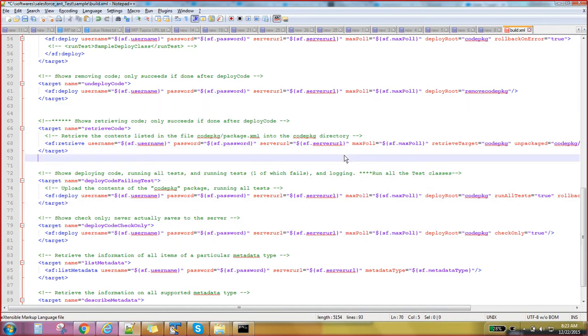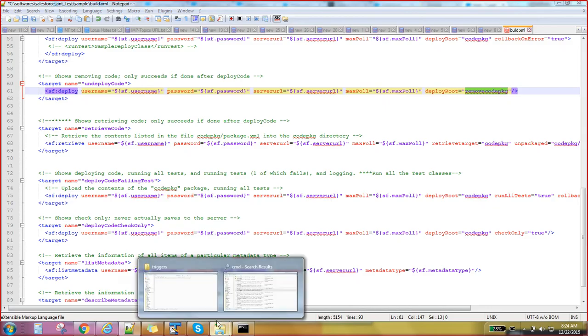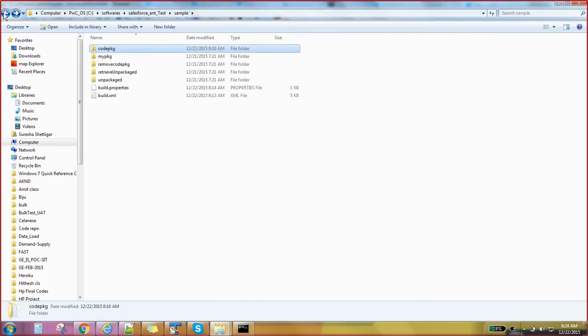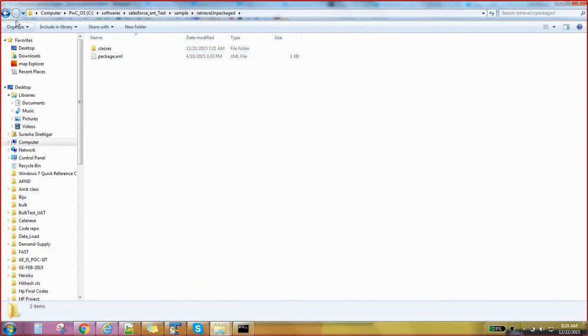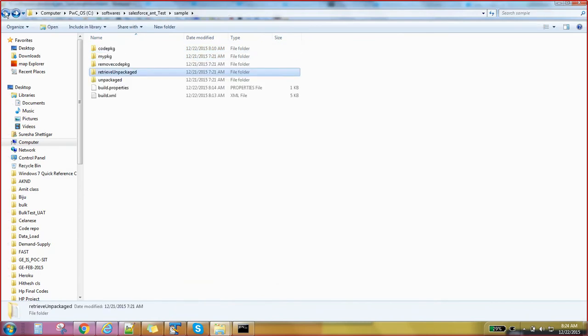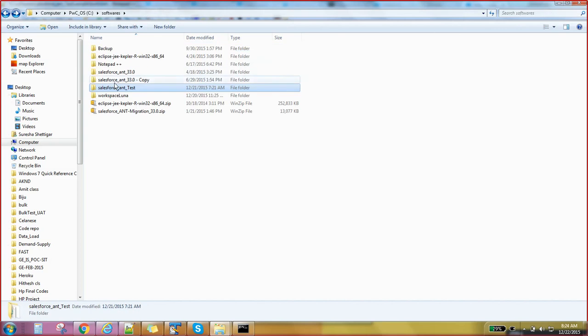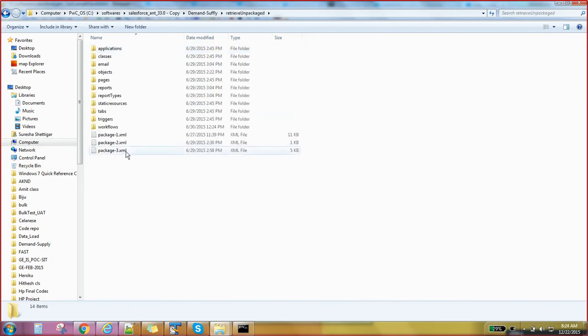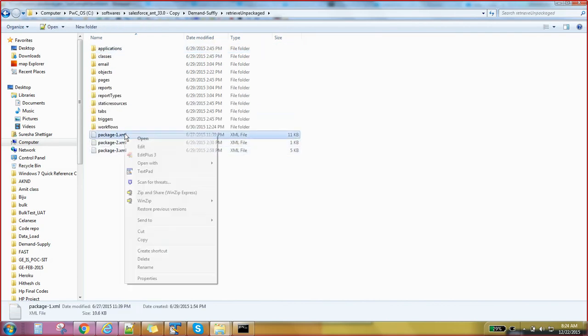This is a one-time thing. We have to pass some folder name or deploy root folder. There is nothing else in the build.xml, correct? This is a one-time operation you have to do. Once it is done, you just have to take care of the deployment by running that file from the command prompt. Build.xml is nothing but a one-time setup. The main thing is what is there in the package.xml file.